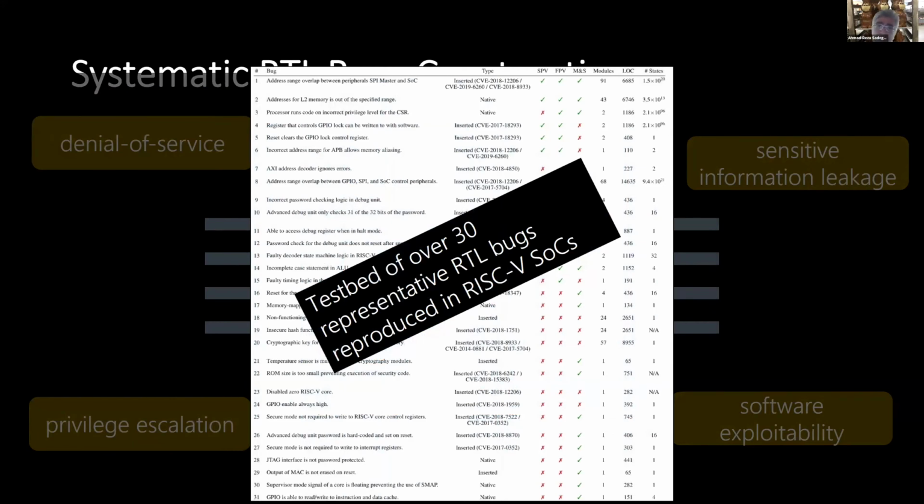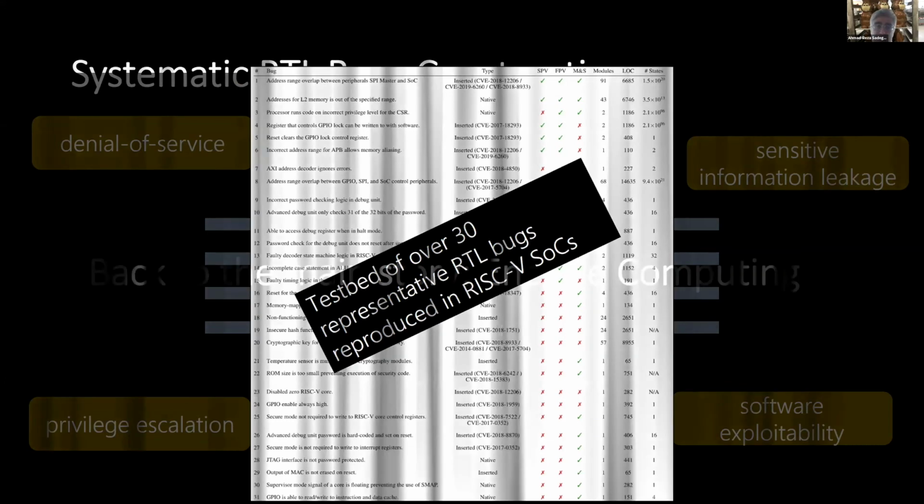This was over 30 bugs. But what is interesting is that some of the teams could find bugs and design vulnerabilities that we did not put in the open source RISC-V platform. That means they were native platform vulnerabilities that we didn't fabricate. So that is also one of the side results of this inclusion.